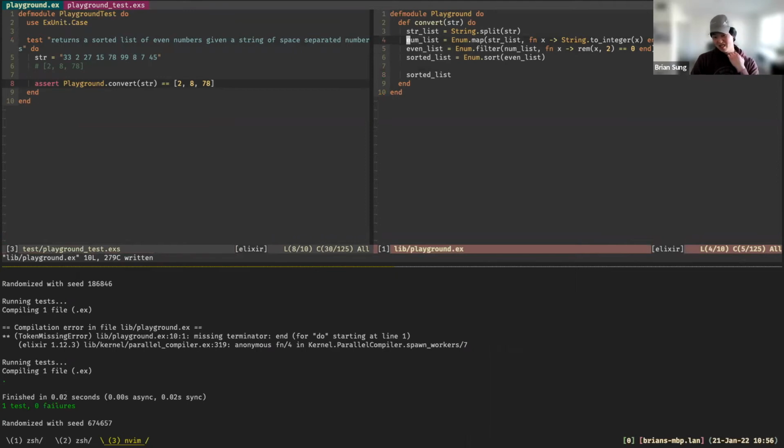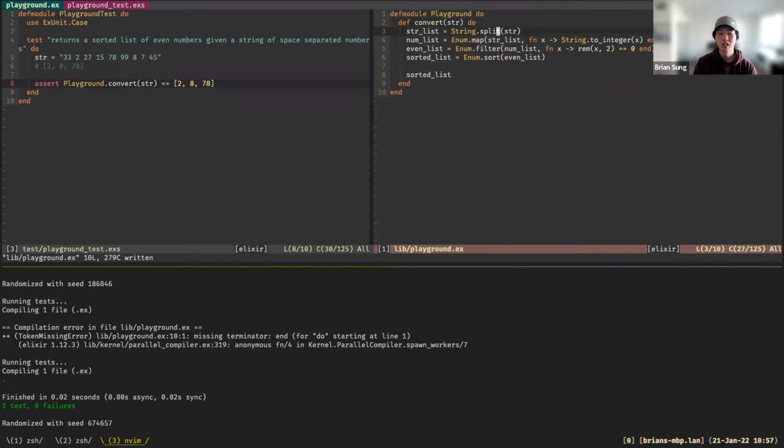But if we look here, we're going to take this return value, store it in a variable, and then pass that variable into another function and then store that. It's kind of hard to read. We can make this a lot better with piping. With piping, it's essentially passing in a value as the first argument in a function. So here we see that we're passing str into split. That's our entry point, right?